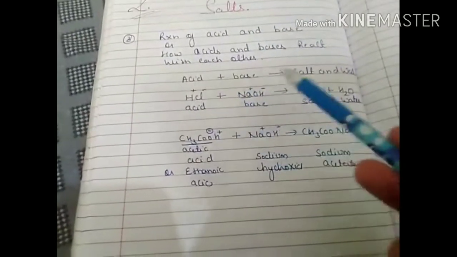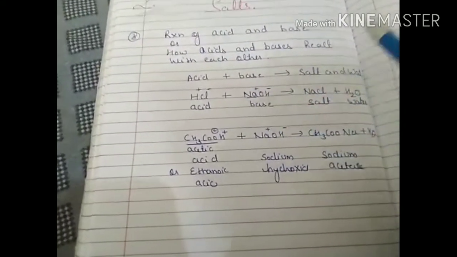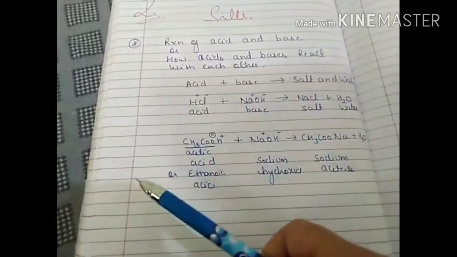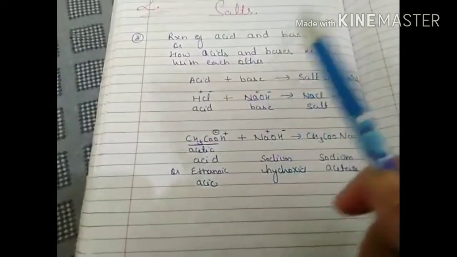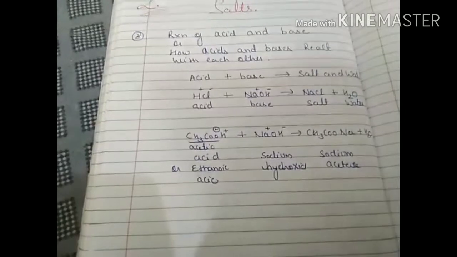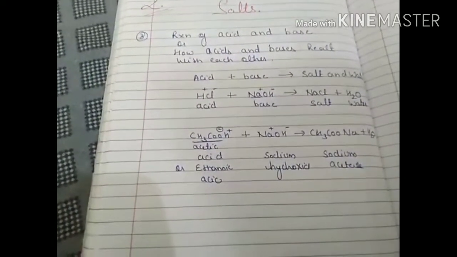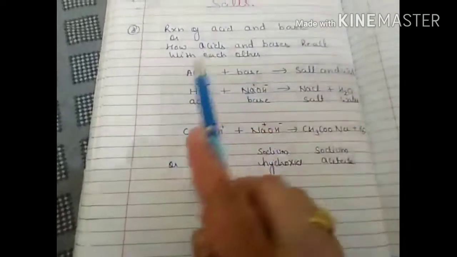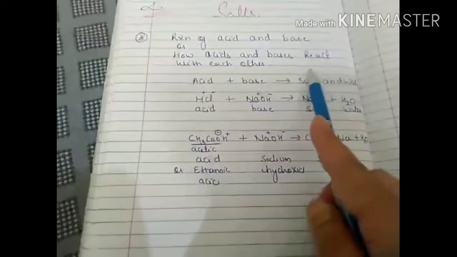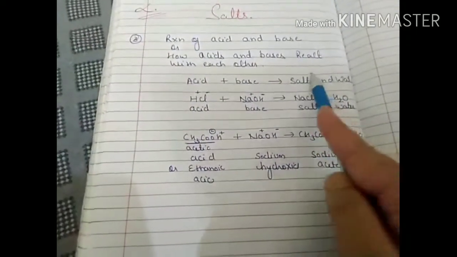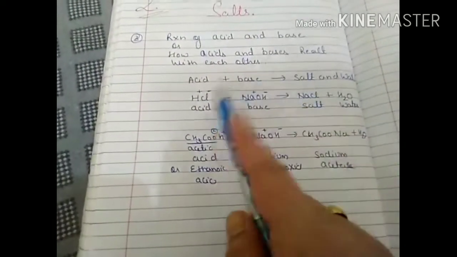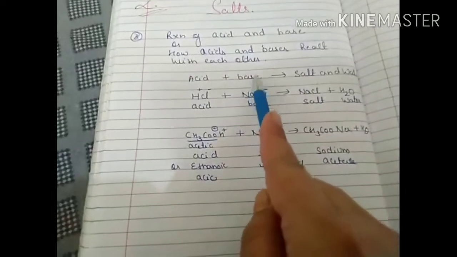Now if I ask what happens when acid and base react, you'll say salt will be formed. And if I ask what will be the nature of the salt, you'll say neutral, because this is a neutralization reaction, isn't it? So if you believe that salts are always neutral, you will be surprised to know that it is not so. If you always think that when acid reacts with base it leads to formation of salt and this salt is always neutral, then this is wrong. Clear? So the nature of the salt is dependent on the nature of the acid and base you have taken.